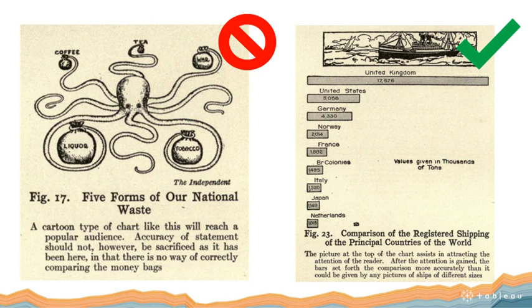But on the right-hand side, here's a great example of an image that shows this is about shipping. And I can see that from the freighter at the top in the image. But also the data there is still very accurately displayed. So it's a combination of images and artistic elements as well as data. And those are put together and juxtaposed in a way that helps me get a lot out of it, right? So not showing these artistic forms in a way that confuses people, rather adding artistic forms in a way that augments the data.